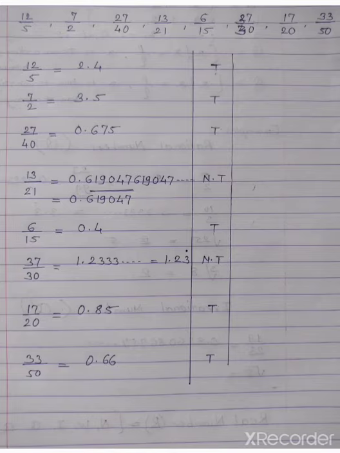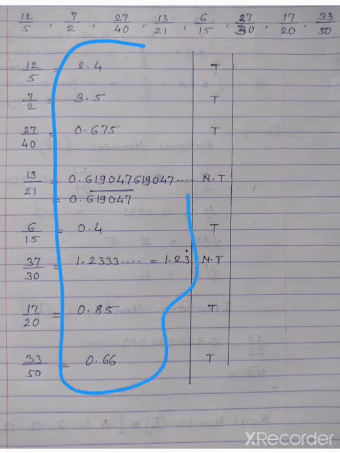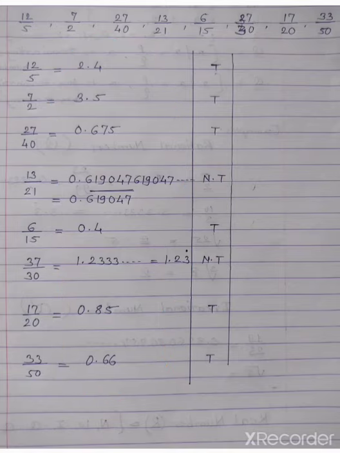To conclude terminating or non-terminating, we require the decimal form, and it takes quite some time. To avoid all this, I am showing you one more trick in which we just observe the denominators. In the next column we write the prime factors of the denominator. Here the prime factor of the denominator is only 5. Next, the denominator is 2, so again 2 is the only prime factor.